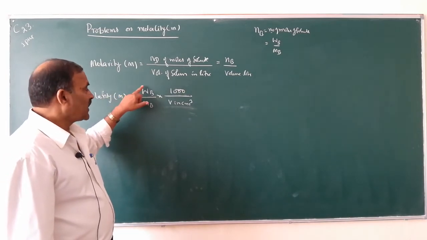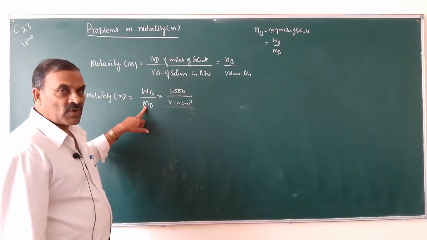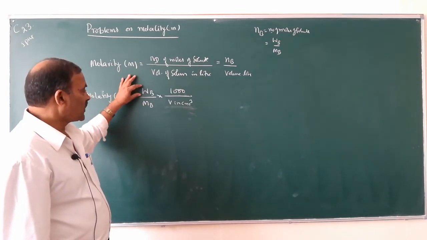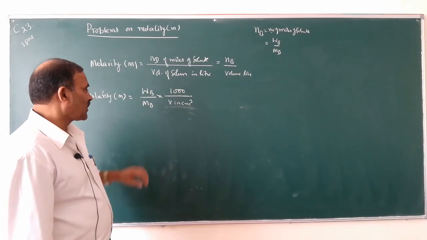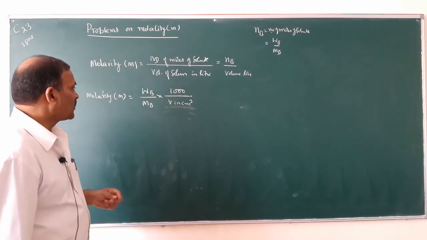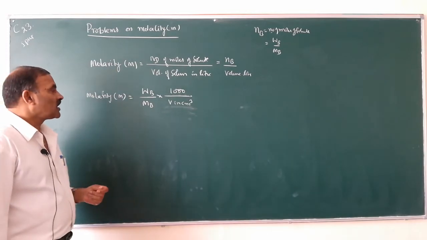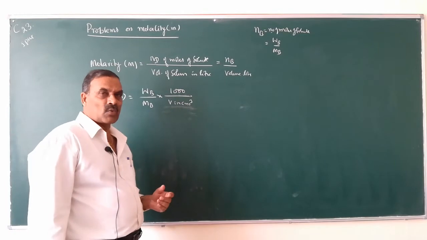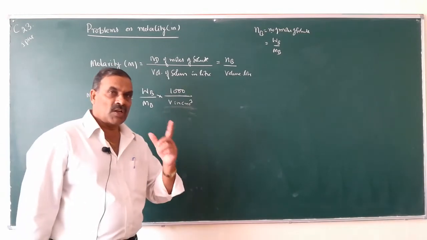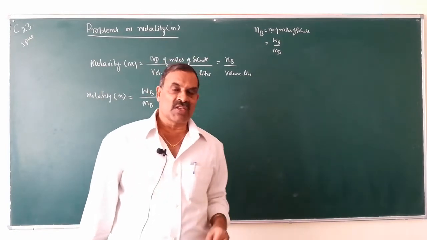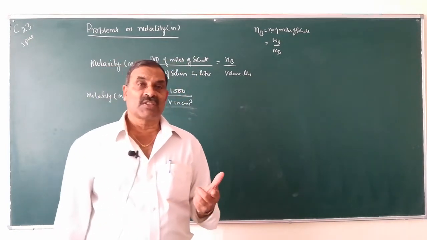If the weight of the solute is equal to its gram molecular mass, then the solution obtained is known as 1 molar solution, if the volume of the solution is 1000 cc or 1 liter. If 1 mole of solute is dissolved in 1 liter of its solution, then the concentration of the solution is